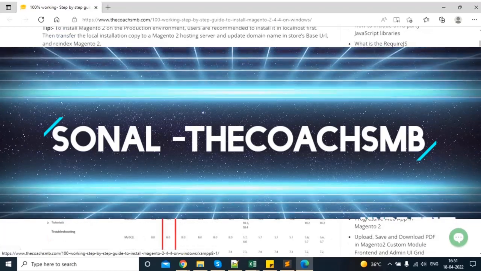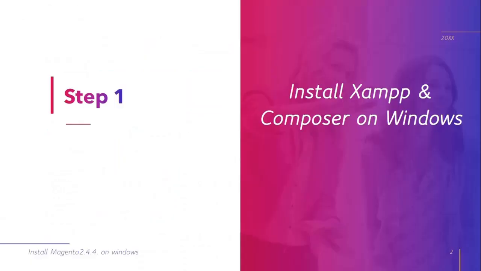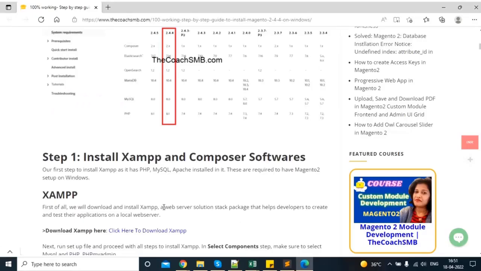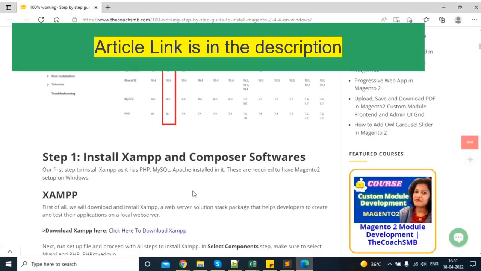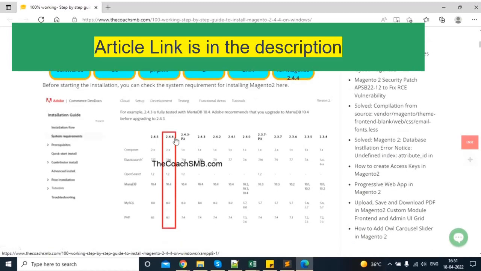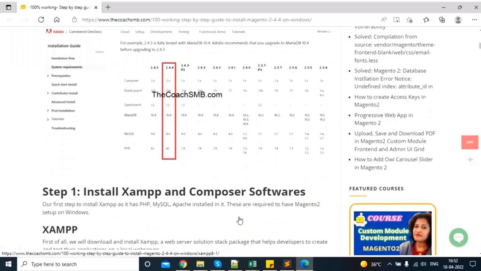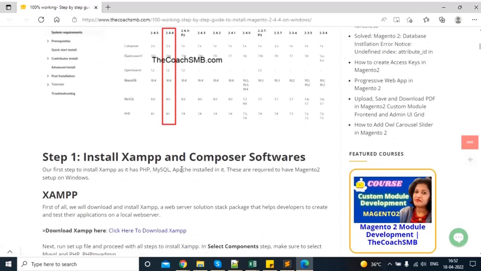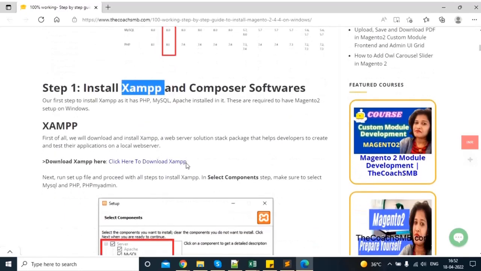So let's get started with the first step. The first step is to install Xampp and Composer. Now to install Xampp and Composer, we need to be sure about particular versions. Magento 2.4.4 is compatible with PHP 8.1. Since it is compatible with PHP 8.1, we will be installing a Xampp which has PHP 8.1 in